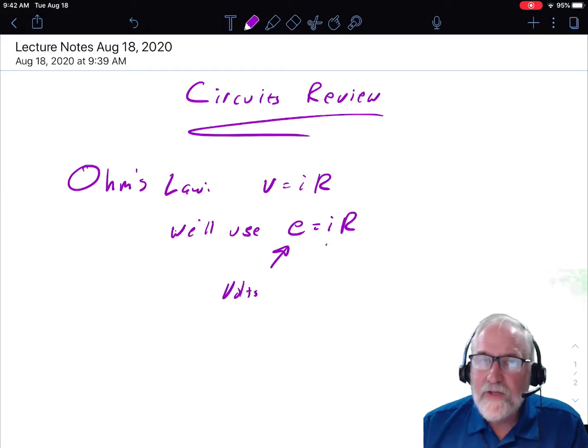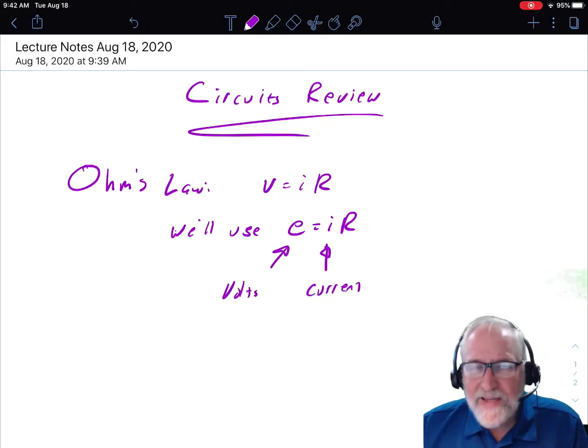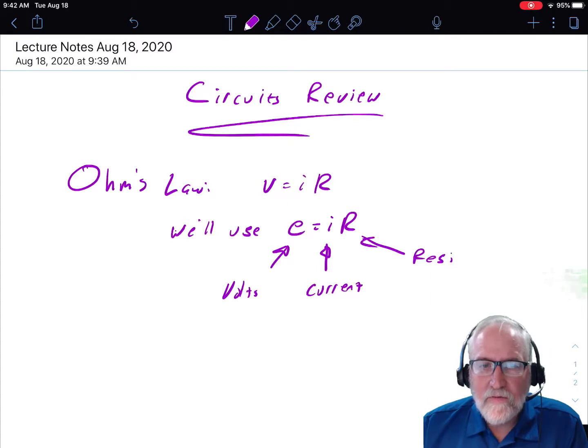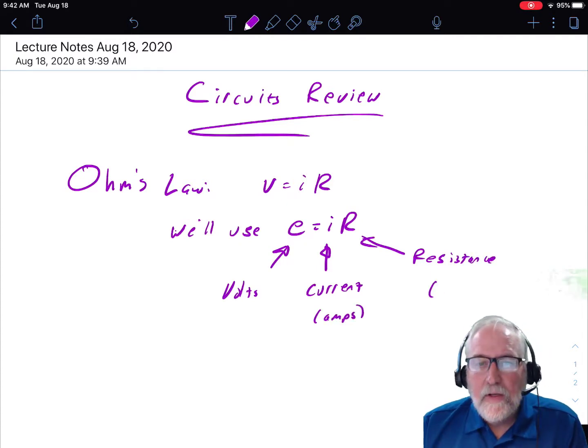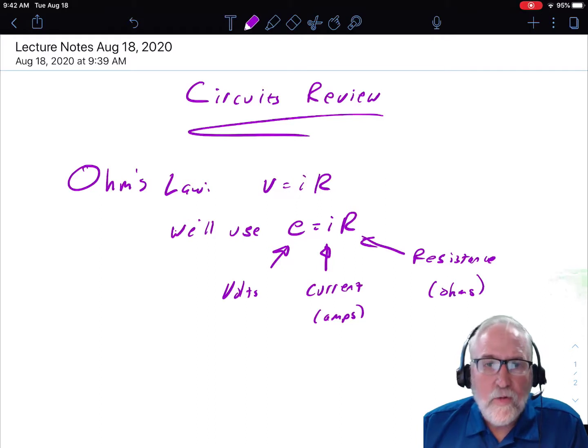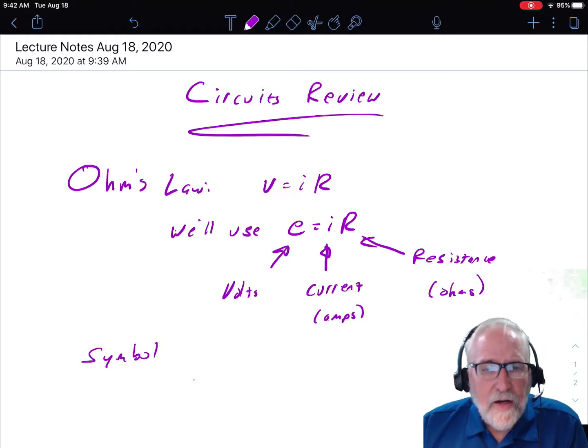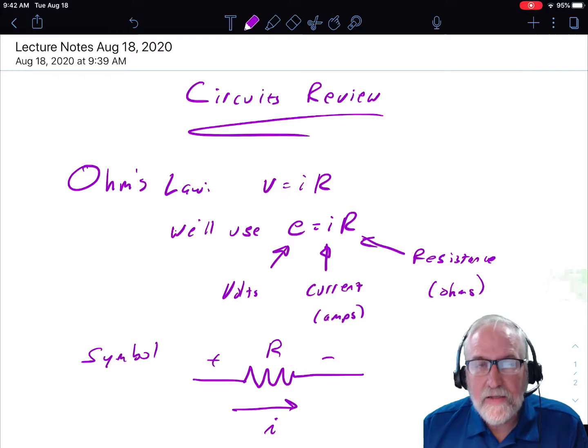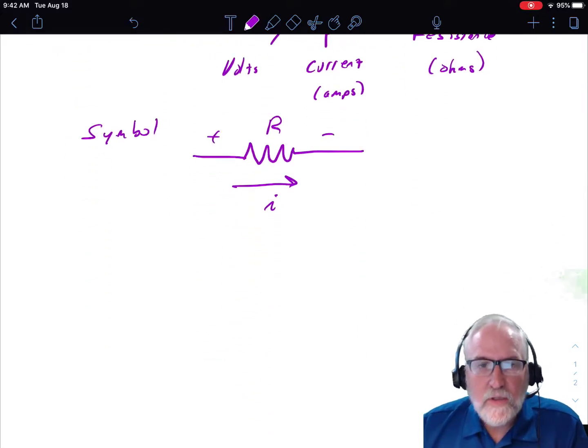So Ohm's law, V equals IR, everybody knows that. In this case we're going to use E as our voltage, I is current measured in amps, resistance is R measured in ohms. That's a really easy one. The symbol for a resistor is that squiggly line. We can put signs on it: the plus terminal of a resistor is the terminal the current is going